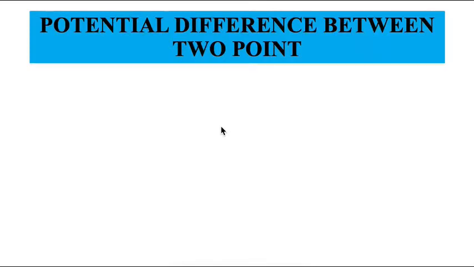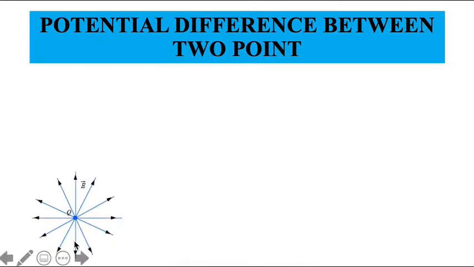So in today's lecture we will see some more concepts about potential difference. First, the field of a point charge will be radially away from R, and along a particular path. Let me choose